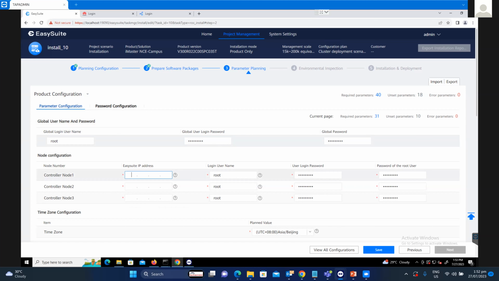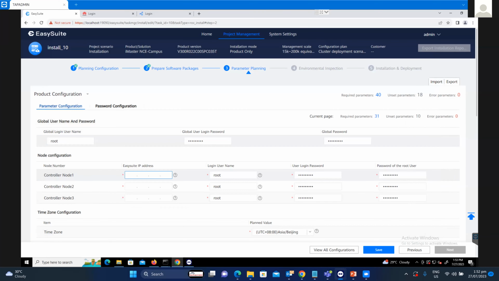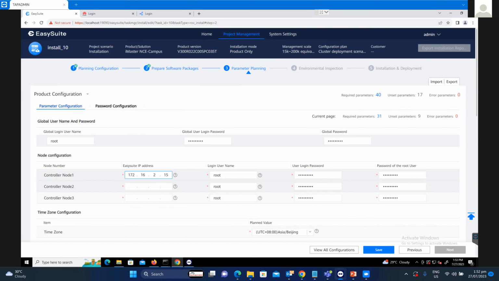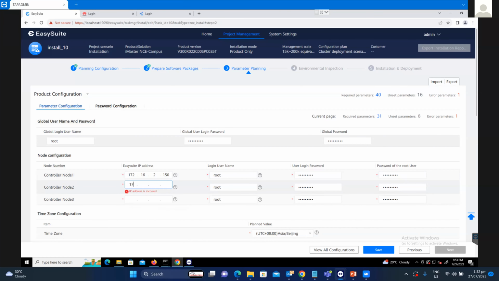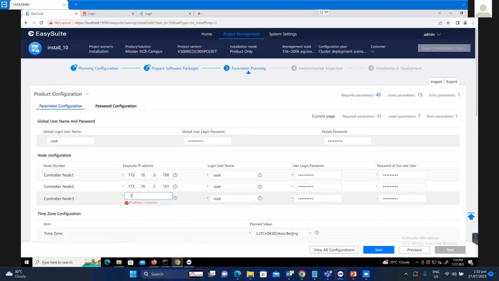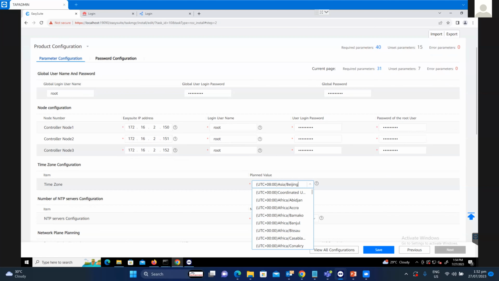The first node IP, what was the first node IP? 172.168.2.150, 2.151, 2.152. So we have to add all the IPs here. 150. Dot 151. This is the second node. The third node is 172.168.2.152. These are the IPs for the nodes, and we have to select Karachi,